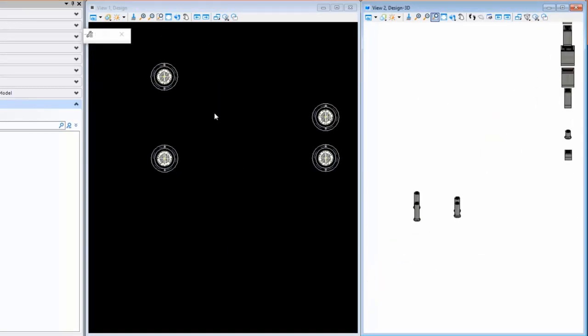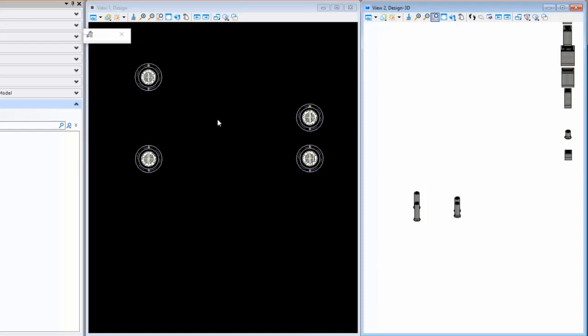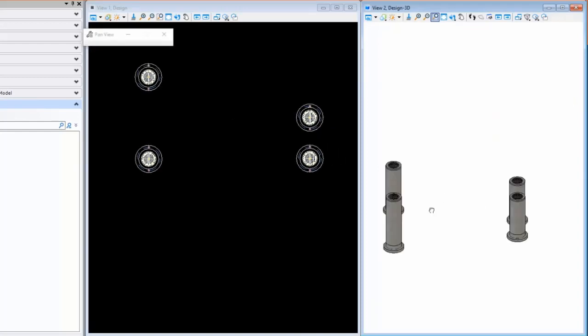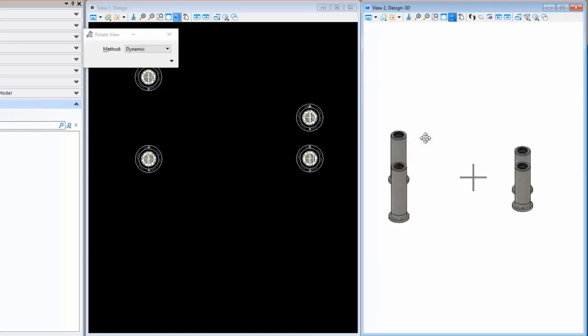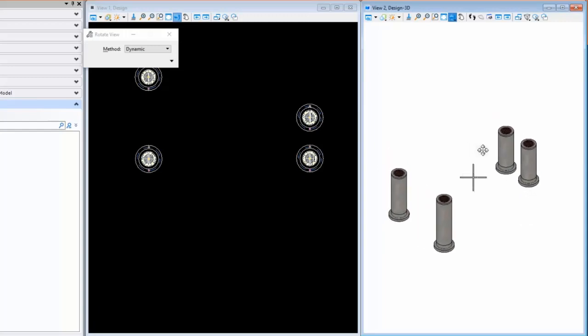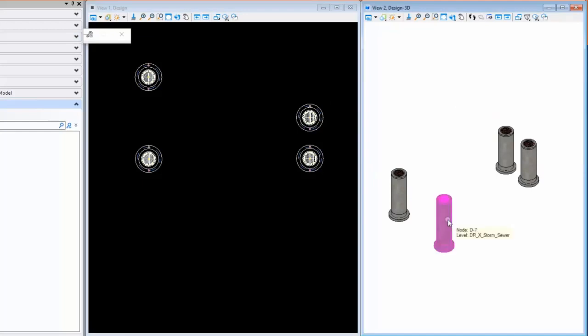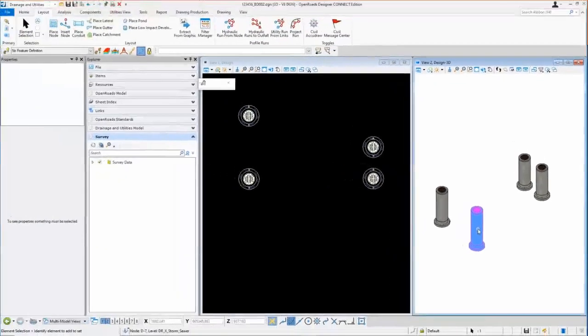Let's just focus on these four and talk about a couple options on these four. So I'm going to zoom in on these and just rotate it around a bit, take a look at those. And I purposely placed these close together to illustrate something. So what I'm going to do is select one of these items, the one here in the lower left. I'm going to select that one and look at its properties.